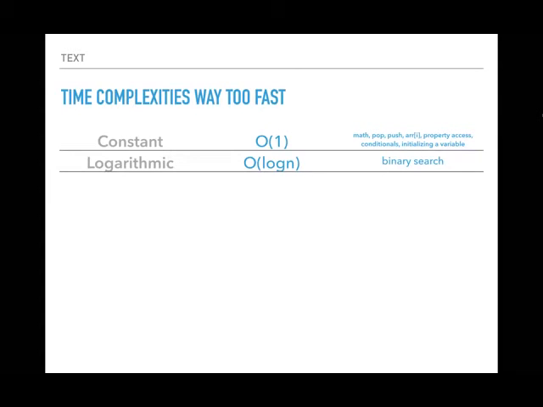If you're not familiar with binary search, I'd encourage you to go look it up. It's sort of one of the classic algorithms. It's the fastest way to search for anything in a sorted input or any kind of sorted data structure. You can use binary search to find a needle in a stack of hay very quickly, because the log of n